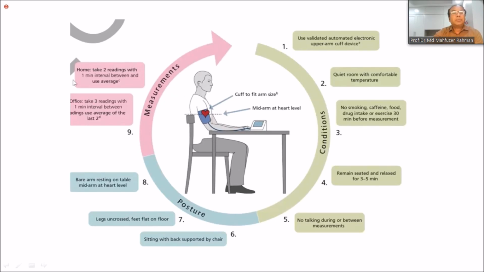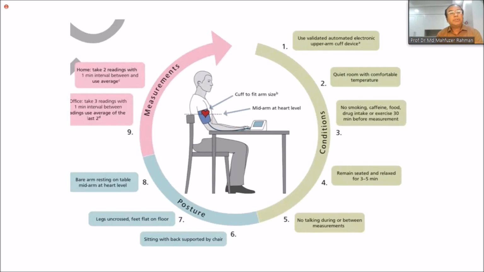In home blood pressure, I have already told you, out-of-office measurement of blood pressure might be done in home settings or by ambulatory blood pressure measurement. And there is also office blood pressure measurement in chamber practice or in hospital settings. In a later slide, I will show you there are two entities, white coat hypertension and masked hypertension. To rule out or to establish white coat or masked hypertension, home blood pressure measurement or ambulatory blood pressure measurement is very important.